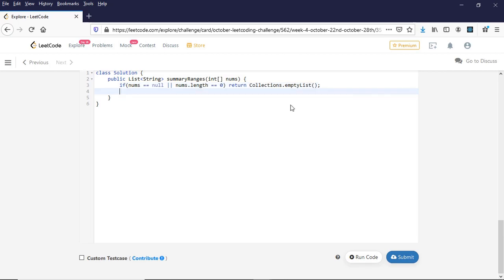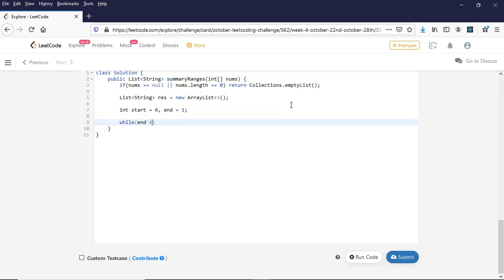So once I do that, now I can declare a result list, and I can declare a start and end, and here I can have a while loop while end is less than nums dot length.